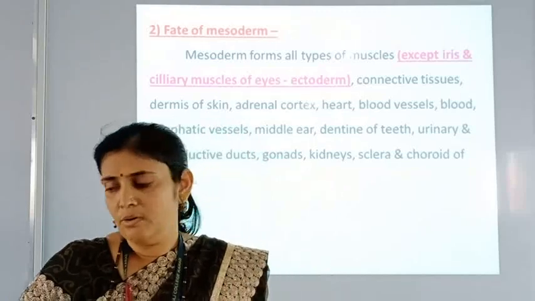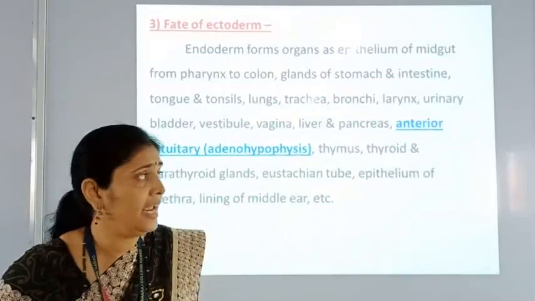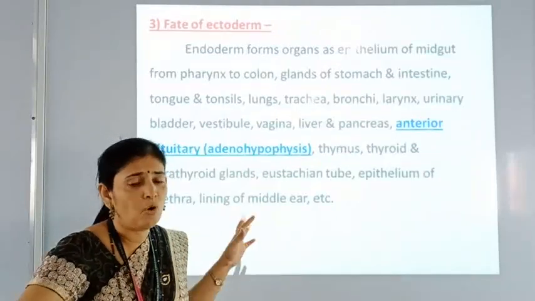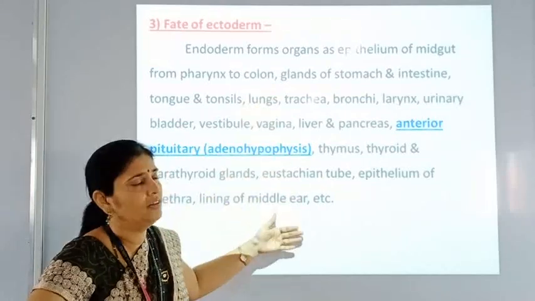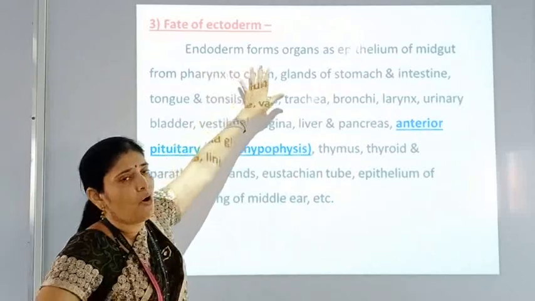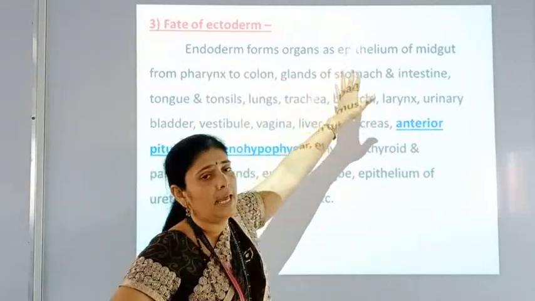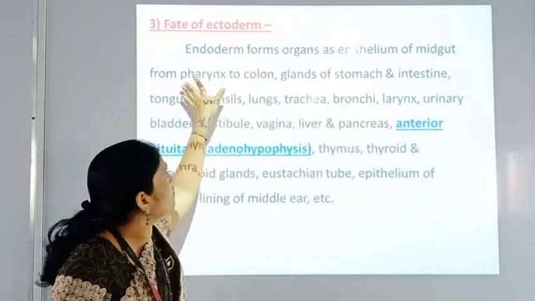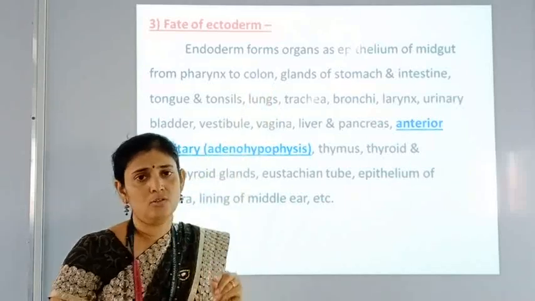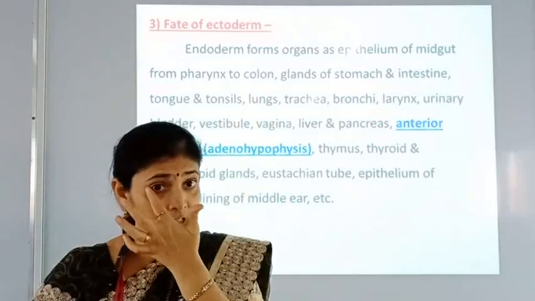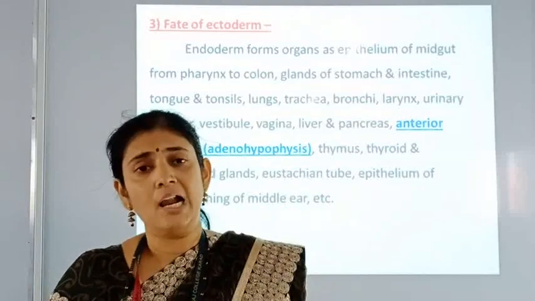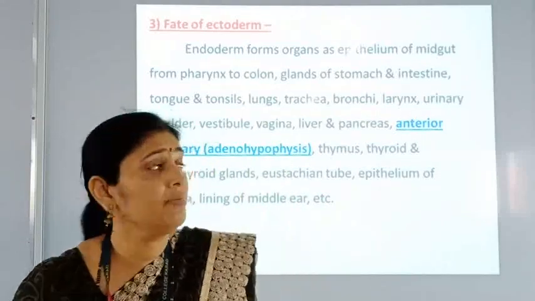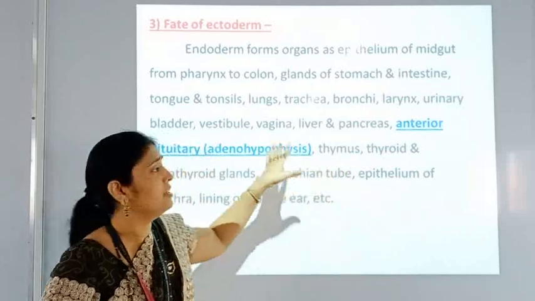Okay. Now the third layer here is the endoderm, and there are different body organs or parts which are derived from the endoderm are listed here. So endoderm forms organs as epithelium of midgut from pharynx to colon. So here this endoderm is forming a layer, epithelial layer around our digestive system, that is from midgut, that is